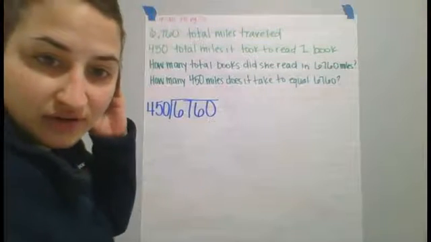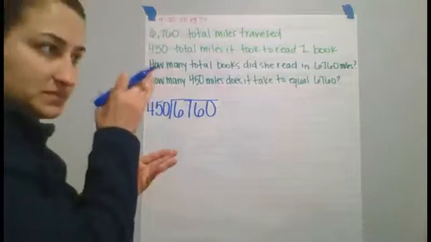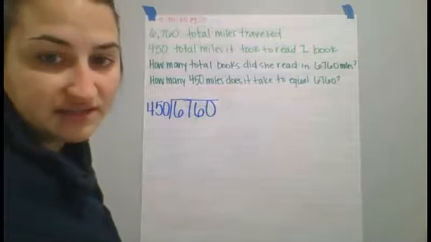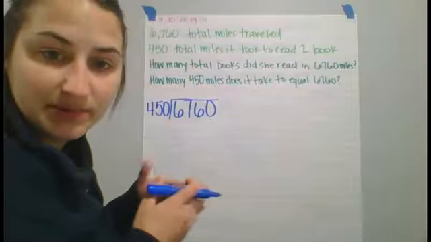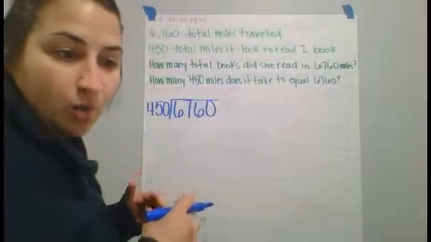Okay, so that word every in the problem was actually telling us that we wanted to make equal parts of 450 out of 6,760. Not multiply those together,